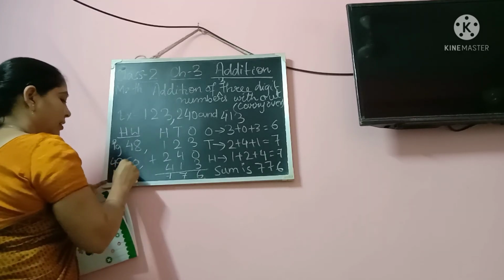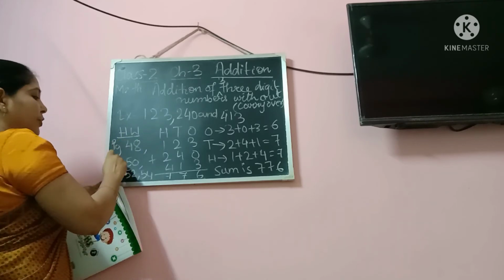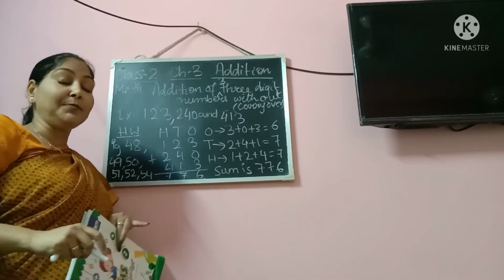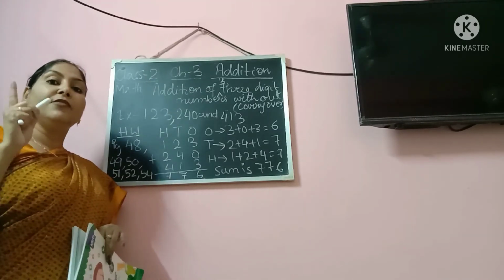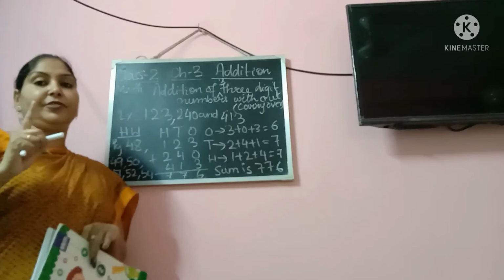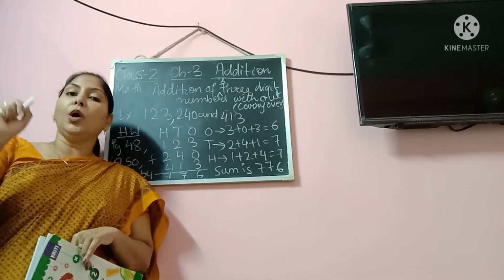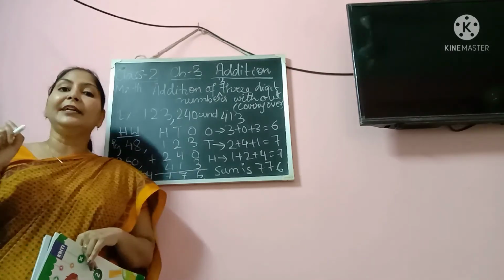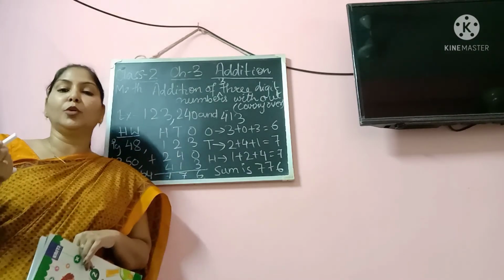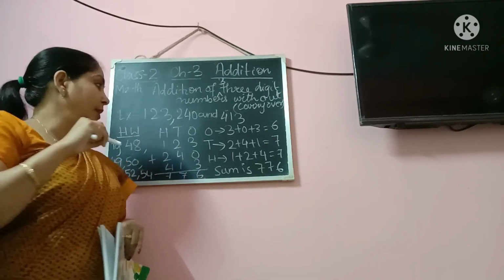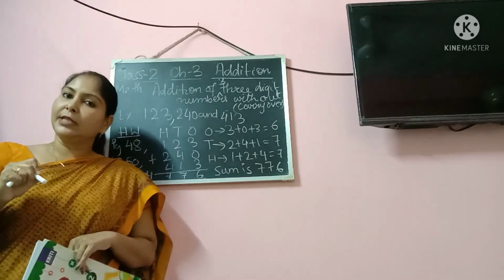51, 52 and 54. So 1, 2, 3, 4, 5, 6. 6 pages are there. 48, 49, 50, 51, 52 and 54. These many pages you have to do in the book. Okay? Do all these pages in your book and when you complete the work, make a PDF and submit it in the Google Classroom. Okay? So that's all in this video.